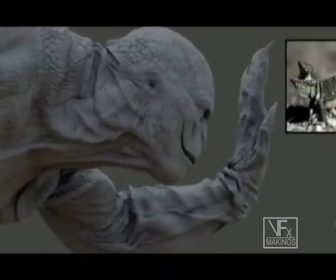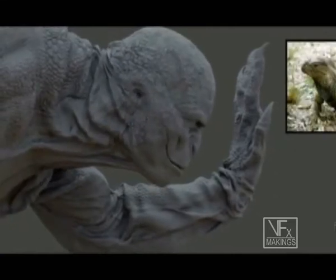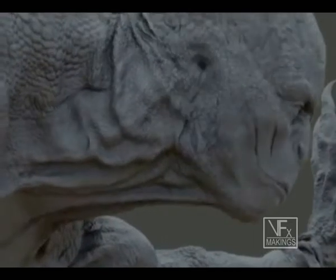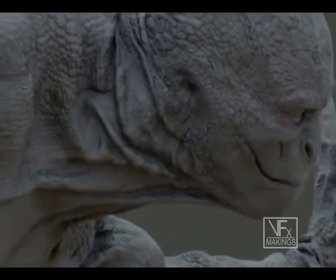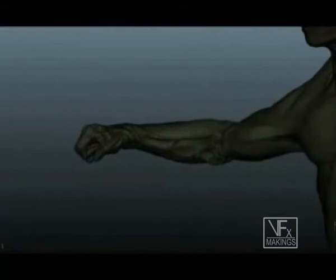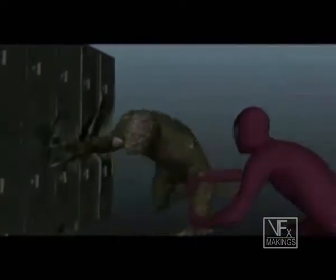The effects team studied lots of reptile references in order to duplicate the material properties of real lizard skin. It had to be loose and leathery, with enough resolution to wrinkle and fold in natural ways as the creature moves. Simulations are applied to the internal anatomy as well as the skin so that the volumes respond to external forces as well. Notice how the volumes jiggle and resonate on impact, and the collisions need to affect the environment also. A lot of destruction that you see, like damage to these lockers, were modeled and animated for a specific look, along with the damage to the walls, door jambs, and other props, all of which ground the action in